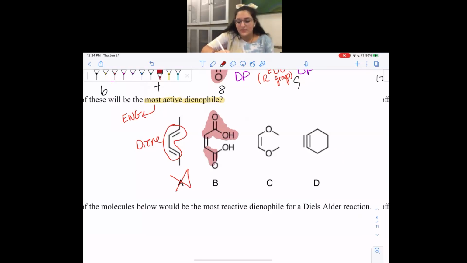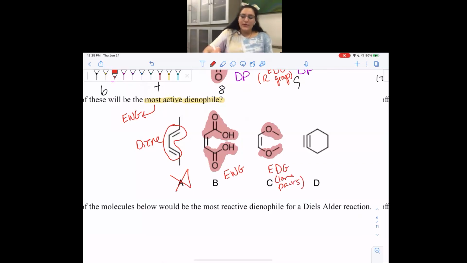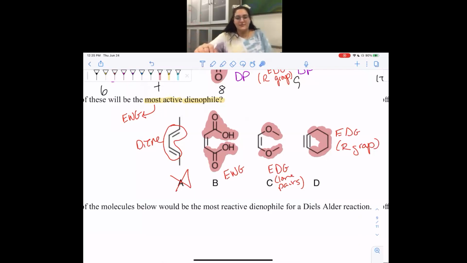Is this donating or is this withdrawing? Withdrawing, because it has a carbonyl. Cool. Is this donating or is this withdrawing? Donating because of the lone pairs. Coolio. And then is this donating or is this withdrawing? Our group is donating. Perfect. So electron donating group because our group. Sweet. So the answer is